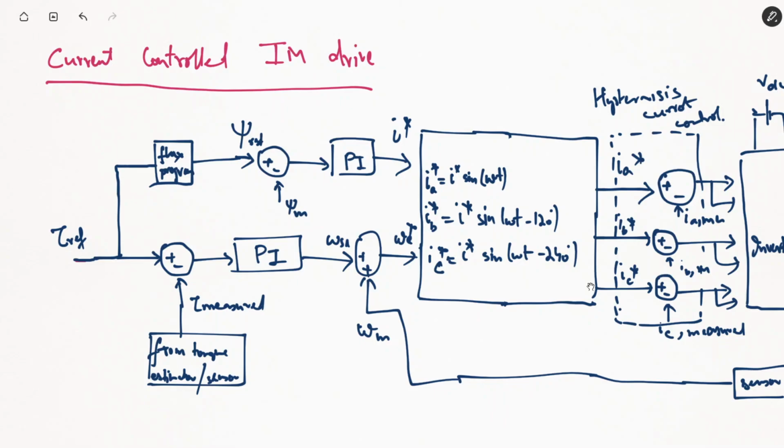And one more important thing here is that we are not directly calculating or directly feeding the reference value of flux. The reference value of flux, or the rated value of flux, can be programmed using different efficiency optimization techniques. From the known values of torque, we can generate what should be the value of flux at which our system operates most efficiently.